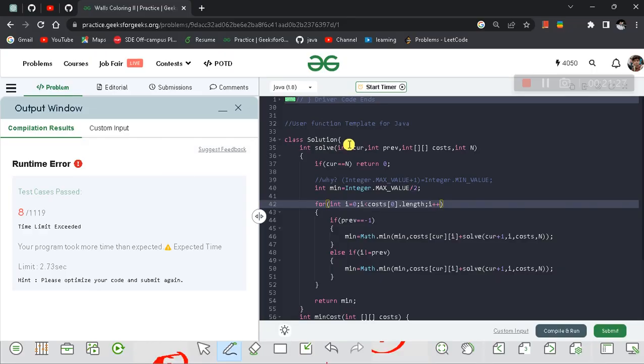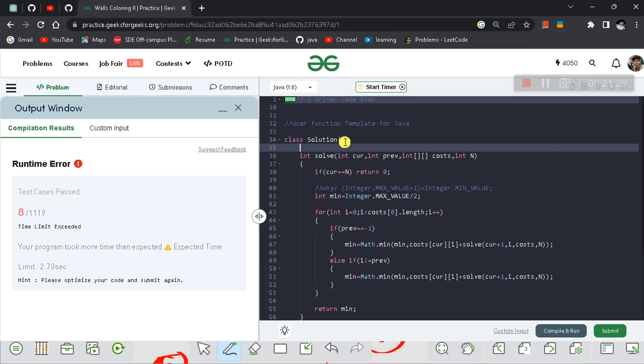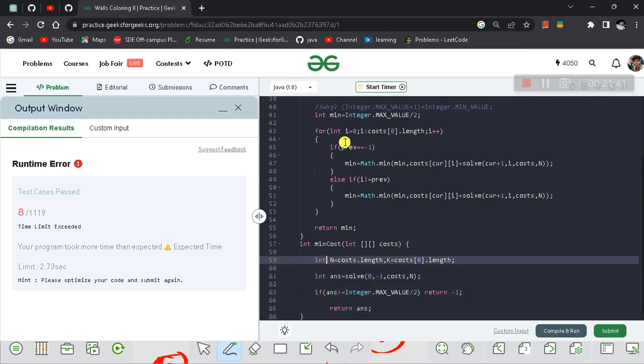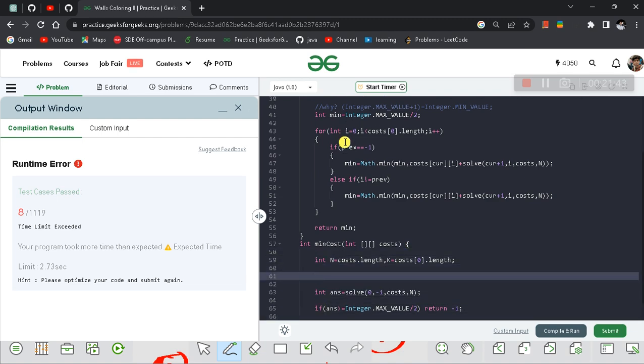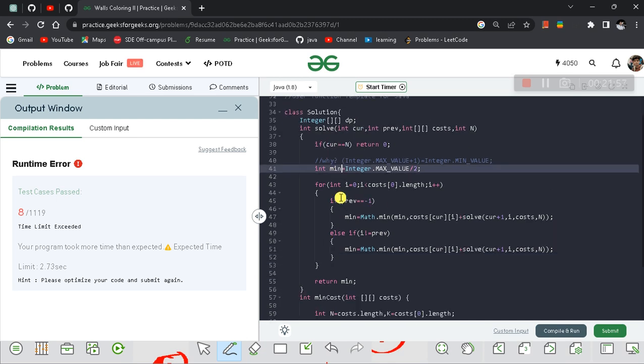Now I'm going to have an array which is going to be my DP array. Let me make it an integer array, and the size of this array is going to be n cross k. Why am I saying n cross k? Because you can see here that we have one